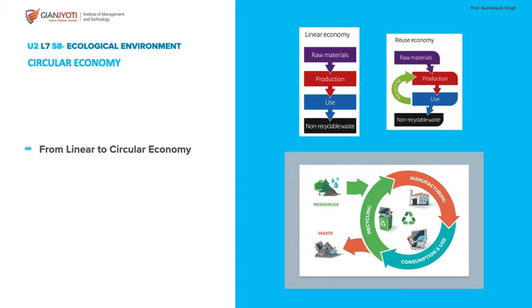To give you a simple example, I purchase a washing machine, or you purchase a washing machine. Once you purchase it, you are the owner. You have the ownership of the washing machine from now on. If it stops working, for any repair work, or if you want to dispose of it and buy a new one, as an owner, you have to dispose of it. So you have to think of everything, even recycling, selling it off, throwing it away, or giving it to someone else.